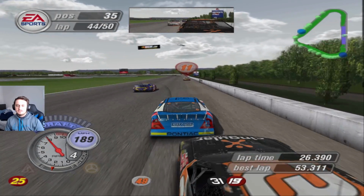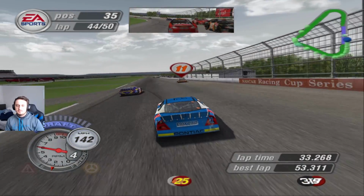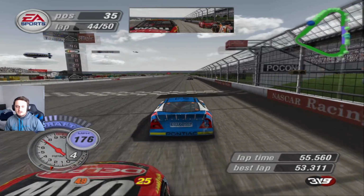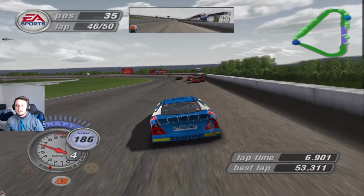You see that Steve Park got by. Pretty soon Joe Nemechek behind me will. Jeremy Mayfield probably will. The cavalry's here now. Alright, so we got 5 to go. He did give me the low fuel indicator at turn 1 last time,